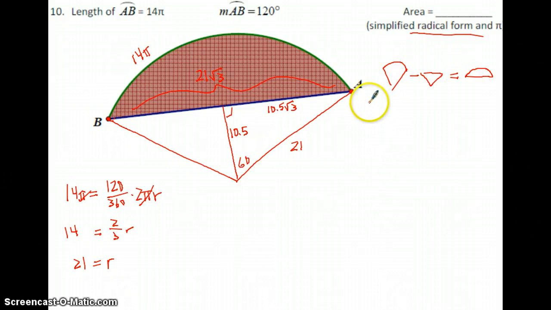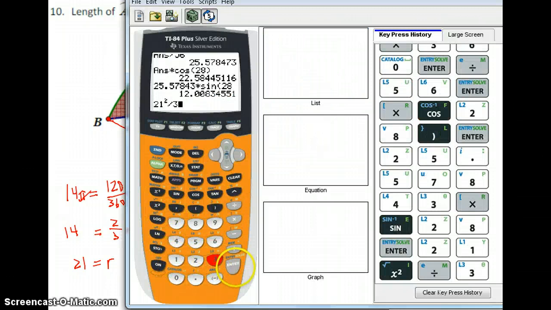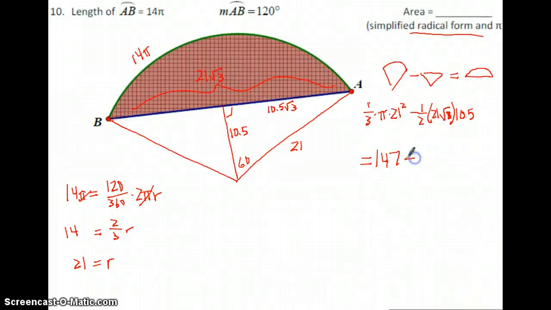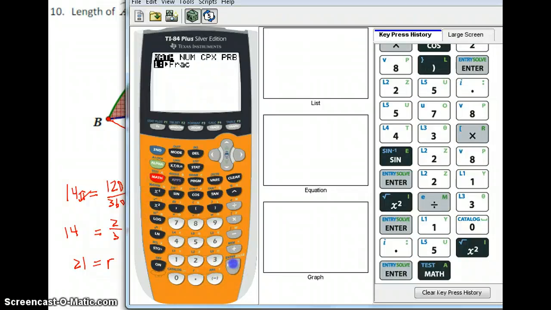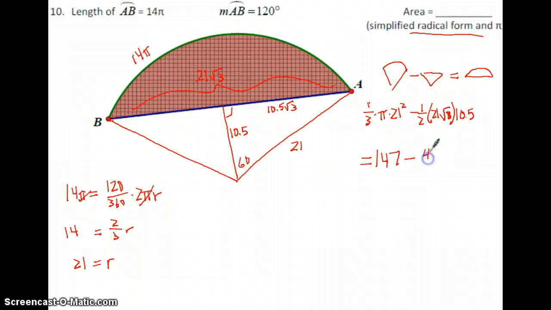Which I'm going to want to know for this. All right, this is 1/3 times pi times r squared minus half times base, that's 21 square root 3, times height, which is 10.5. 21 squared divided by 3 is 147 minus. Now I have 10.5 squared essentially here, don't I? 10.5 squared times the square root of 3. 10.5 squared, because it's 21 times a half, and there's another half. Oh, that's so yucky. Let's just do this. Oh, isn't that nice? 441 over 4. And there's a square root of 3 here. Oh, I forgot my pi. There's a pi there. 147 pi minus 441 square root 3 over 4. Isn't that just